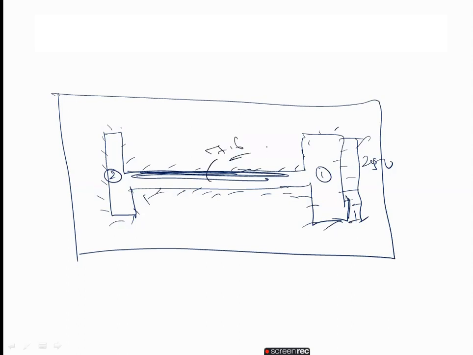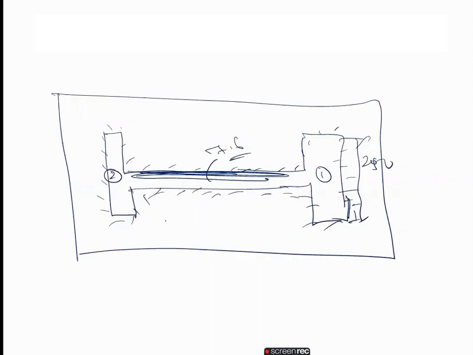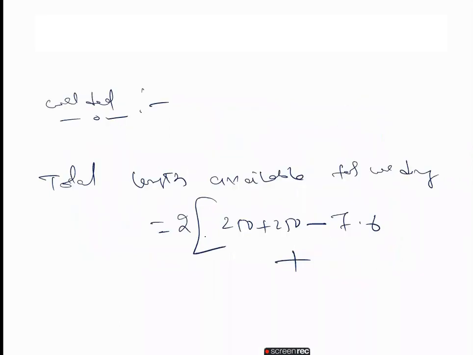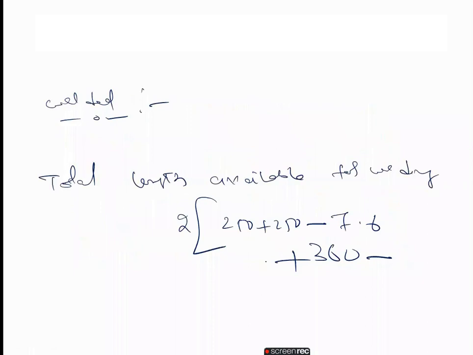From the table you will take 7.6 plus this side. How much is this length total? 300. So now I will write 300 minus what is this thickness? Flange thickness. This is 10.6. You have to remove this one. So minus 2 into 10.6. So like this, we have to calculate the total length of the weld. You will get 1542.4 mm.